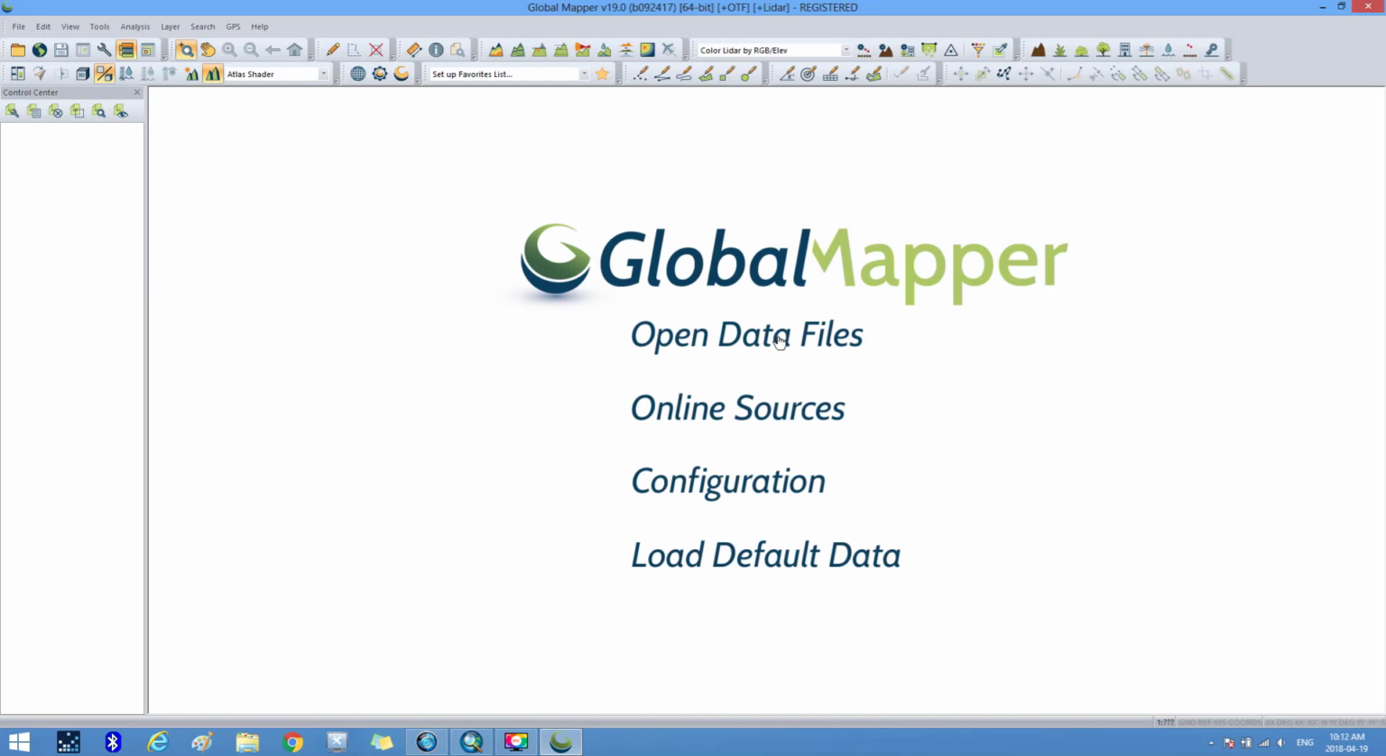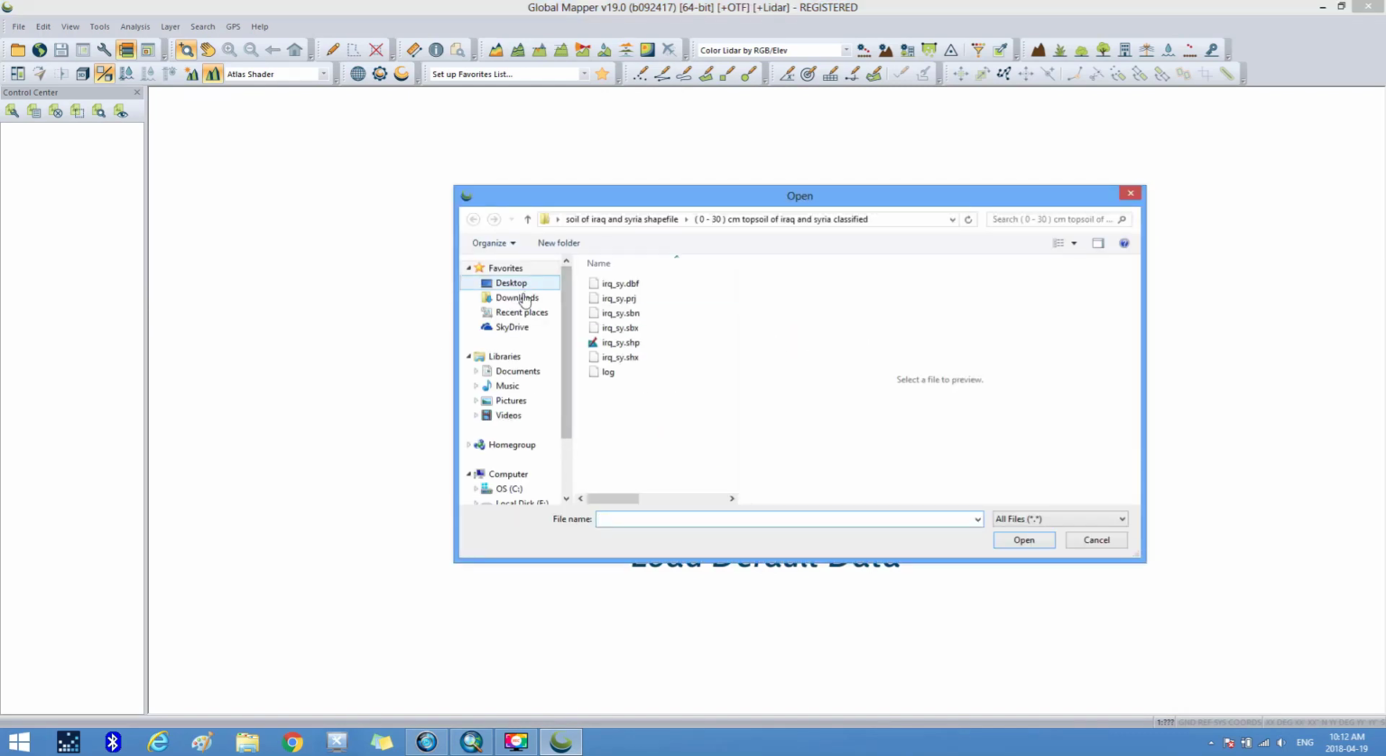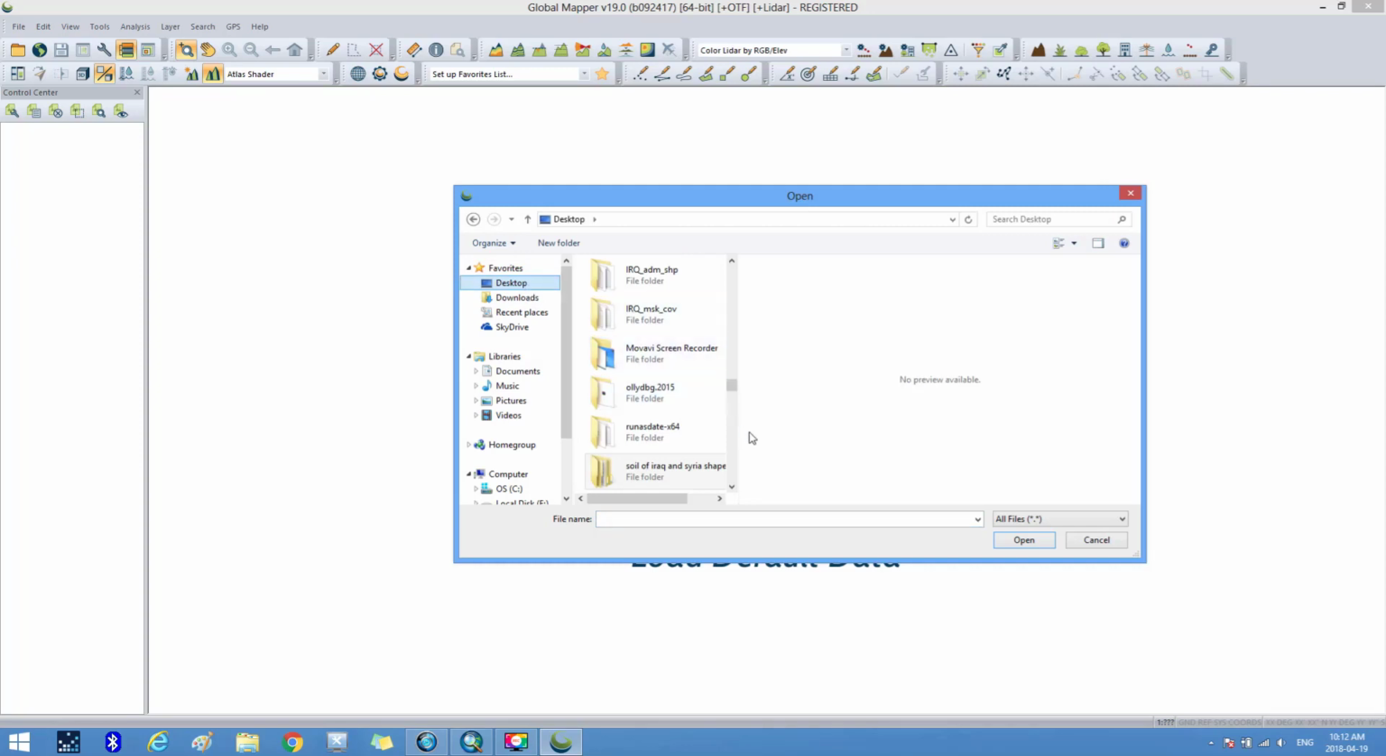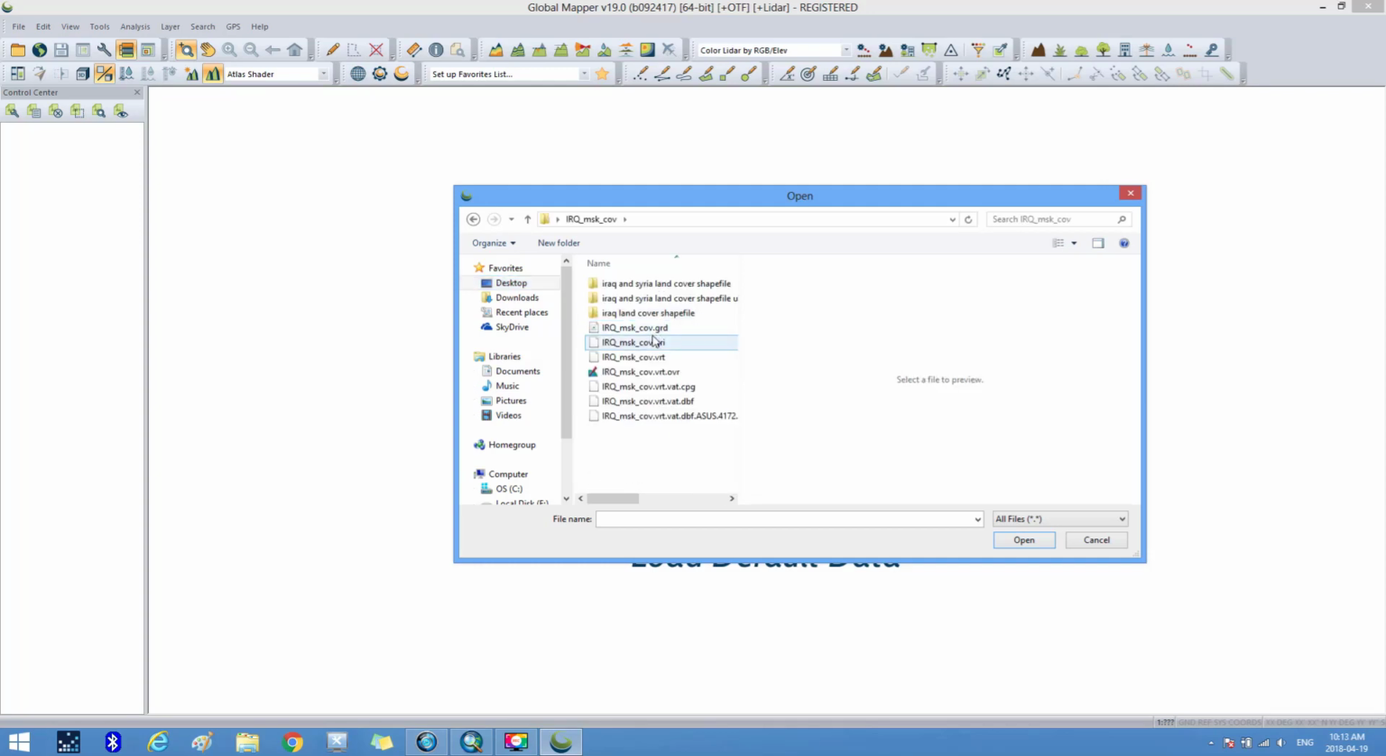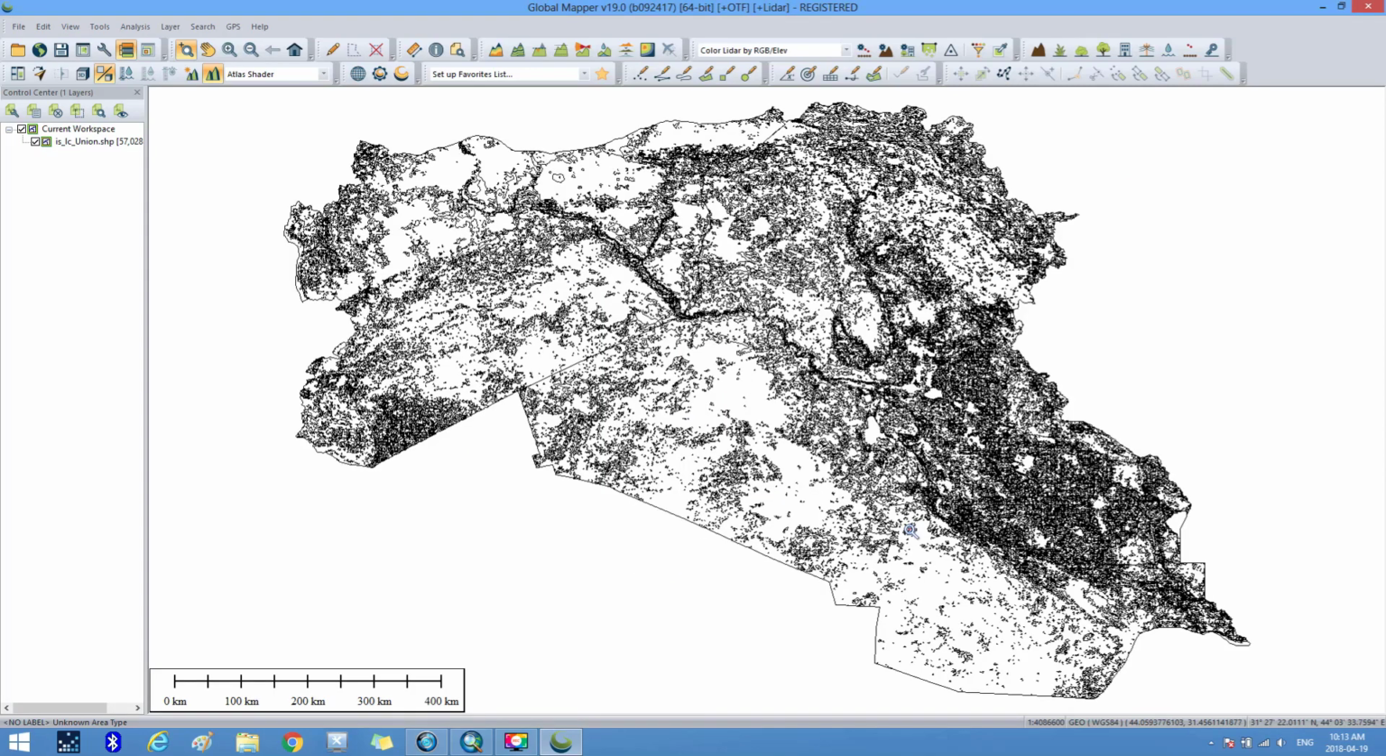open data file, open data files, and go to the following path: desktop, Iraq MSK GOV, Iraq and Syria land cover shapefile, ISLC union dot shapefile, and we press open. Here the map appears with geographic coordinate latitude longitude, and to convert it to UTM coordinate we go to the tools,